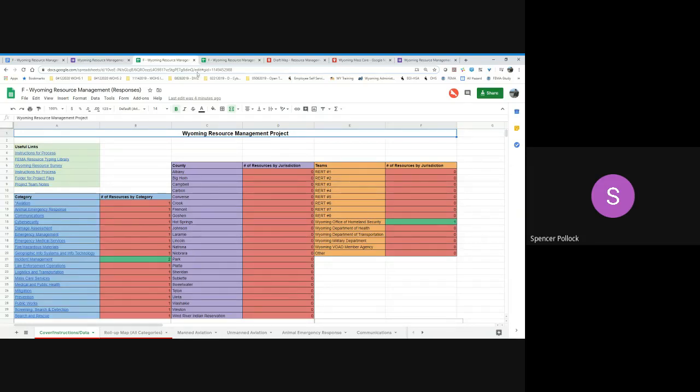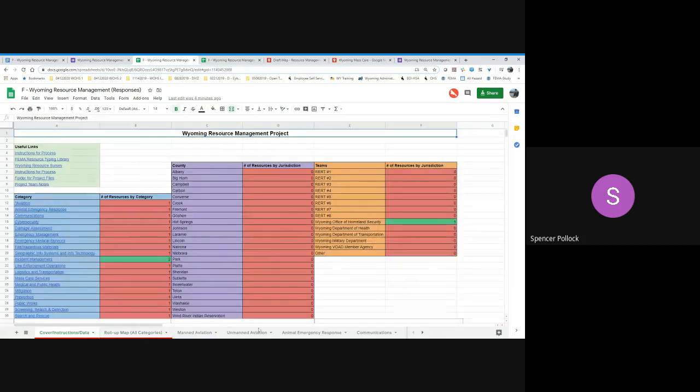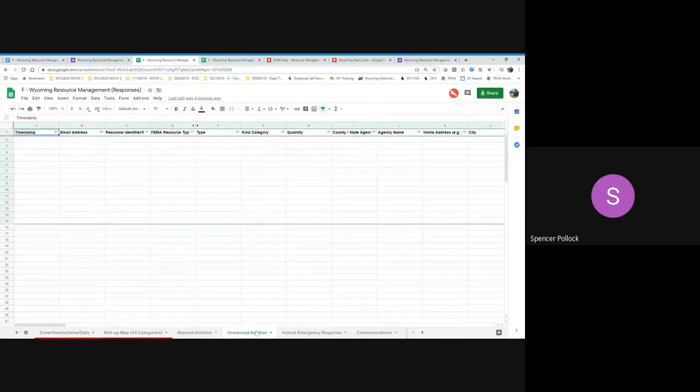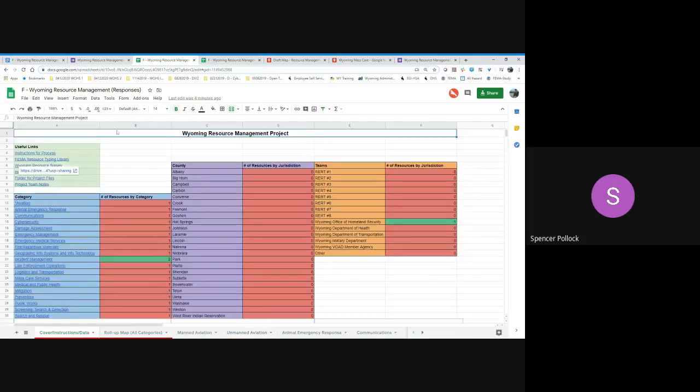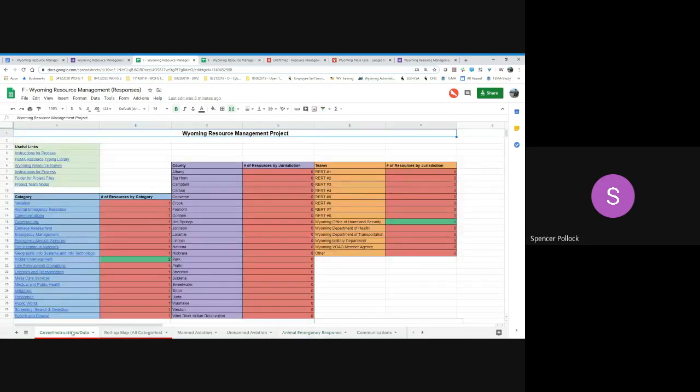Once data has been uploaded, you'll be able to see it show up in the main tool, which we don't have any data in here right now. We recently deleted out some sample data to show how the system would work, but you can get a sense of all that rolling up in here. You can then sort, filter, etc., see by category. We also have the ability to run a report by county or other jurisdiction to show you essentially what's in your stable, so to speak.